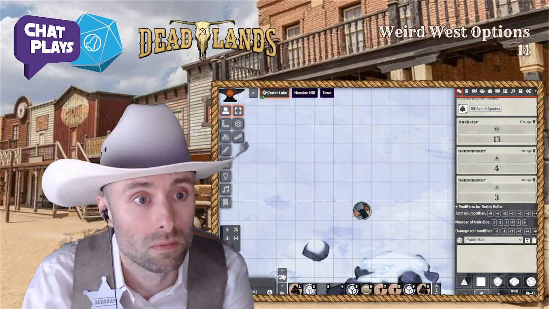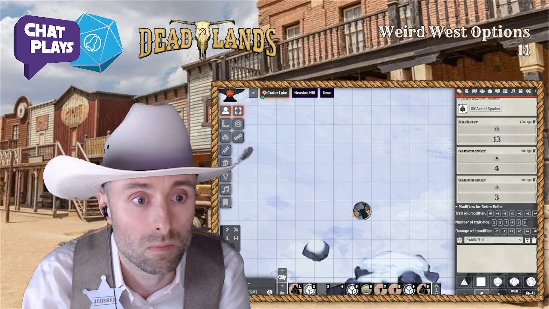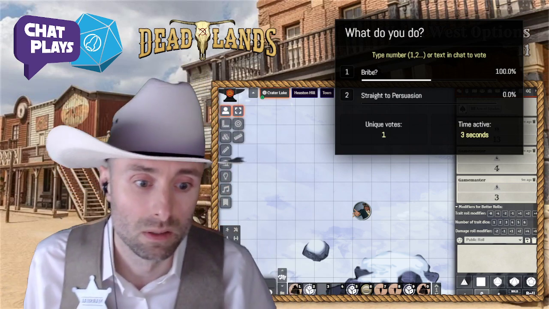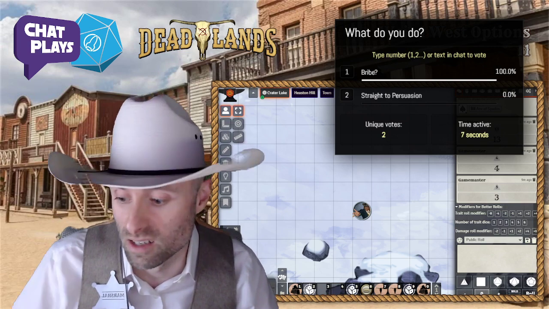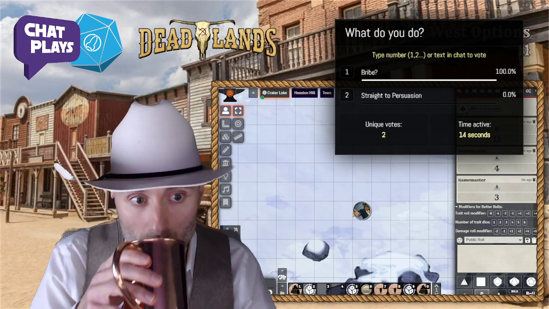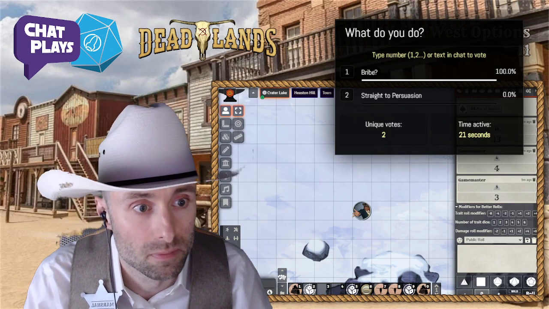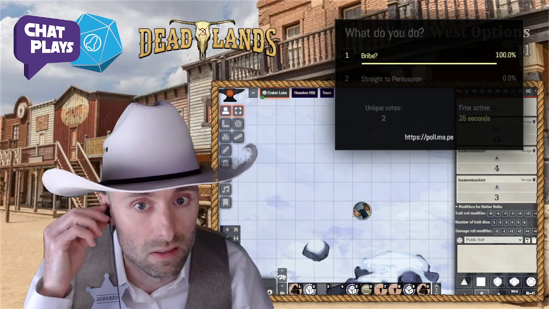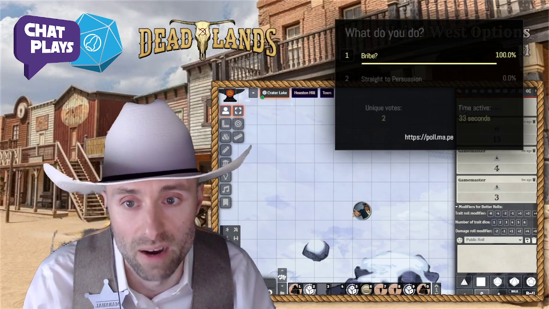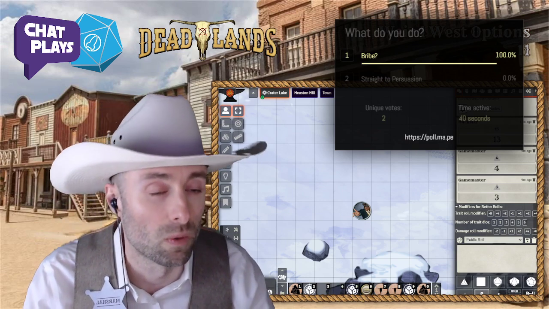So, one or two in the chat. Do you want a bribe? Okay. Or do we want to go straight to just chatting up these lumberjacks? Alrighty. So you purchase some whiskey that was available there in the supply of the shack, and you also maybe slip some money to people here and there as you go around trying to get some information